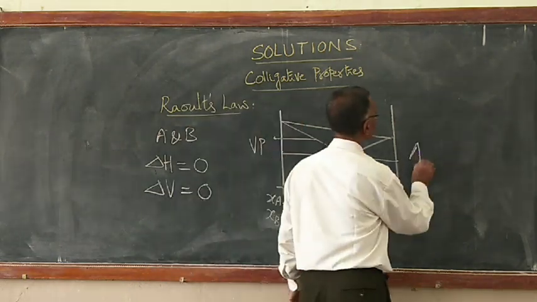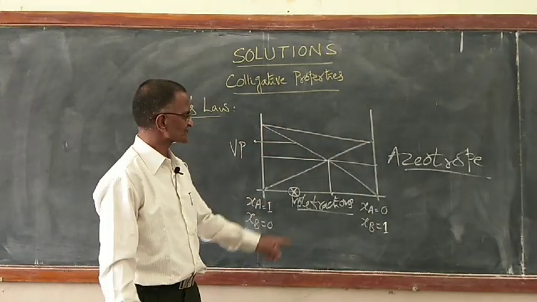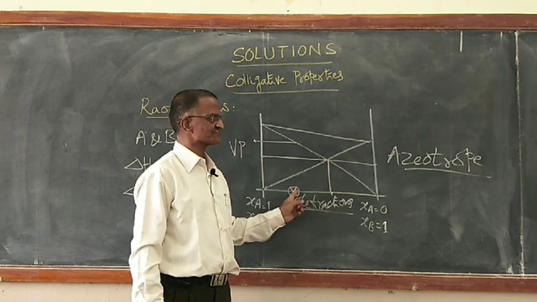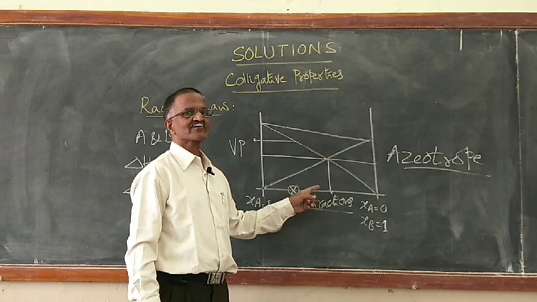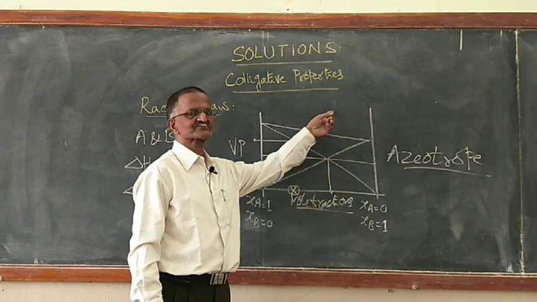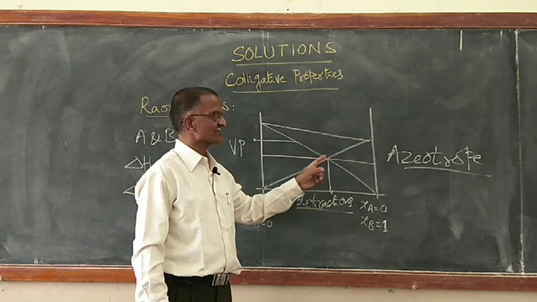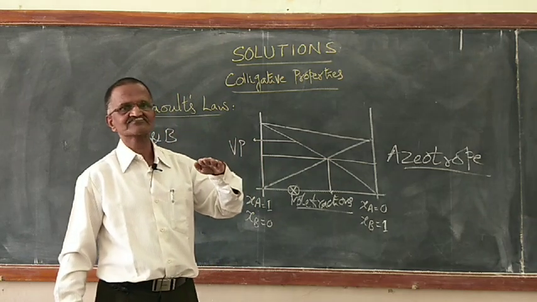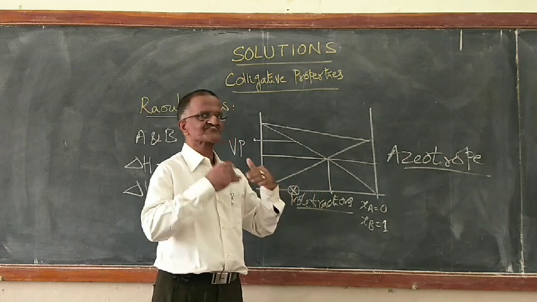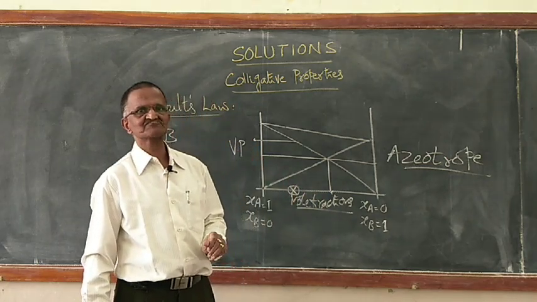That is, what is an azeotrope? An azeotrope is a mixture wherein both components contribute the same amount to the total vapor pressure on the surface of the liquid solution. So that means the vapor pressure on the surface of the liquid solution remains the same because both the components are contributing together. And again, if I recall, what is boiling point?